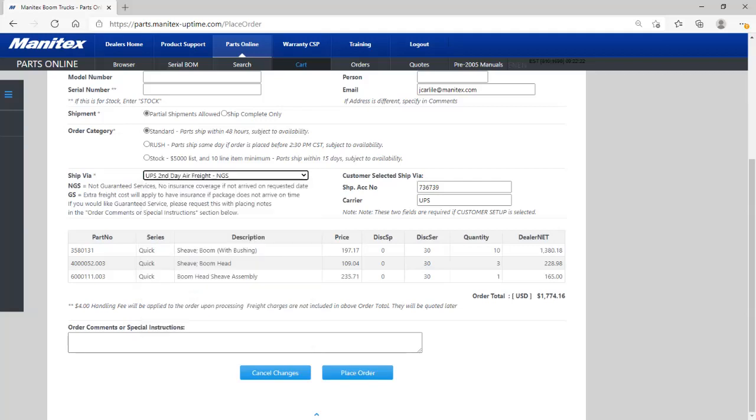Let's go over what that means. NGS is not guaranteed service. No insurance coverage if not arrived on requested date. Guaranteed service: extra freight cost will apply for insurance if package does not arrive on time. If you would like guaranteed service, please request it by placing notes in the order